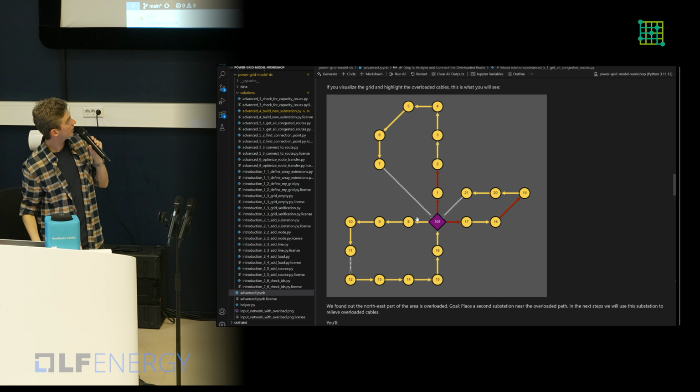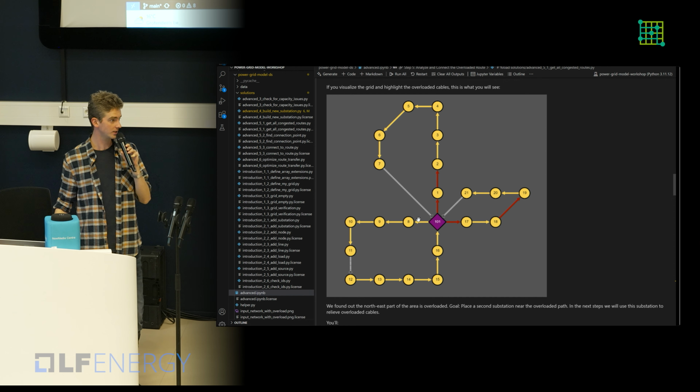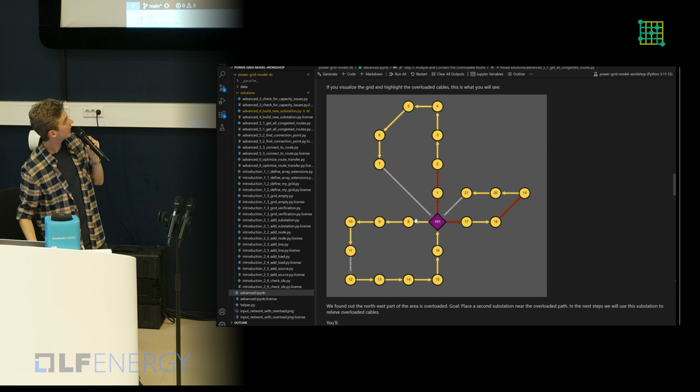And all the nodes and all the cables on this route have the same feeder ID. Looking at Thijs and Jaap, that's the way to do it, right? Yes. So we can filter, once we set the feeder ID, we can filter all the components in this route.